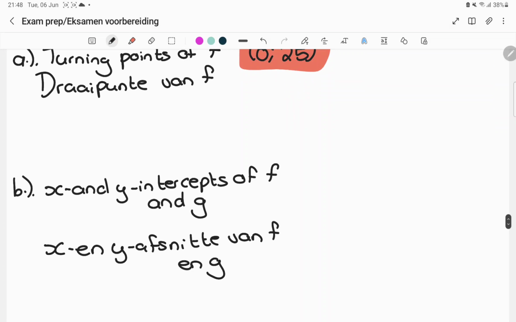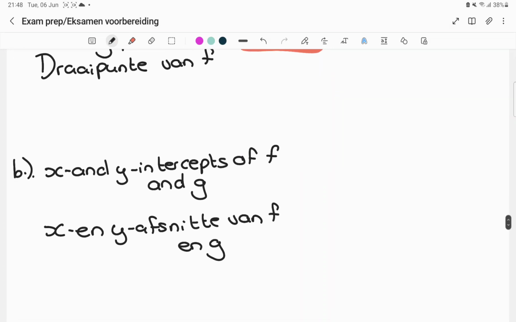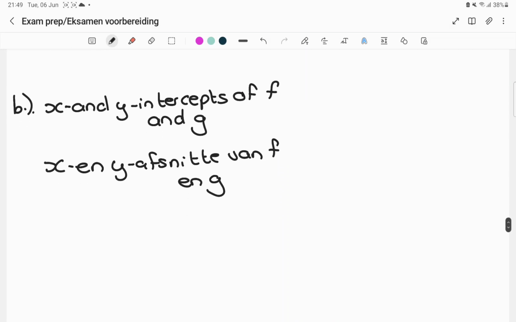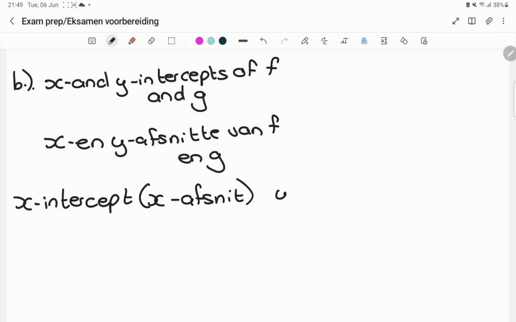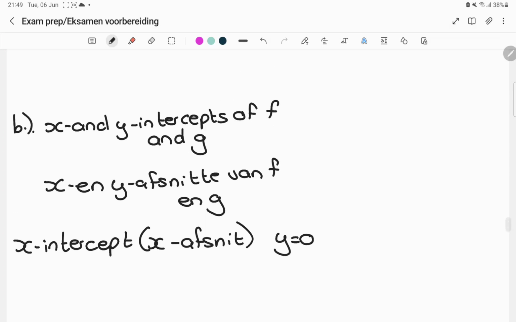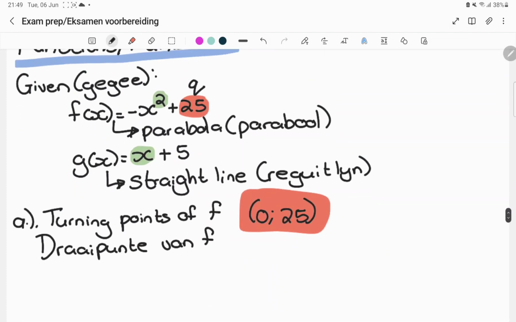So here they are asking for your x-intercept and y-intercept of f and g. So your x en your y-afsnitte van f en g. Alright, let's start with the x-intercept. In Afrikaans, jou x-afsnit of f. Alright, so this is where we make y equal to 0. Alright, so my equation of f was